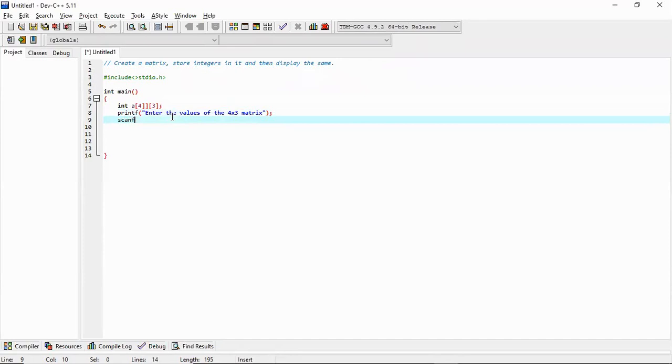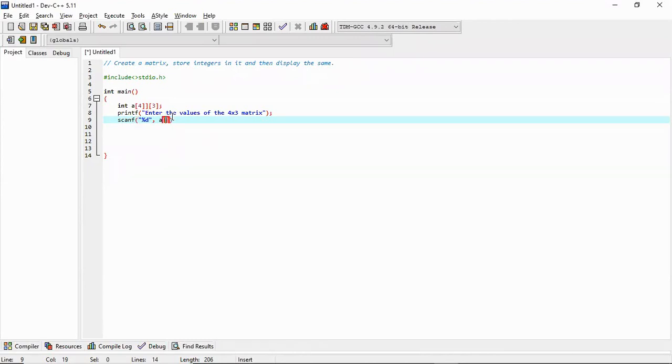Then we can scanf the values. So this is percentage d, comma. We have to store those values in A, which is the 2D array, the matrix. And since there are many elements in A, in total there are 12 entries in A, 4 rows and 3 columns.